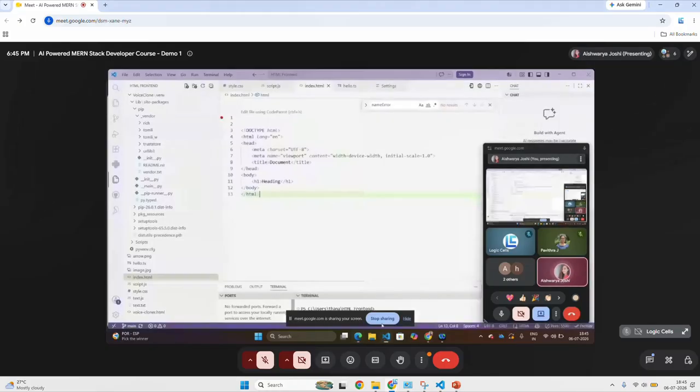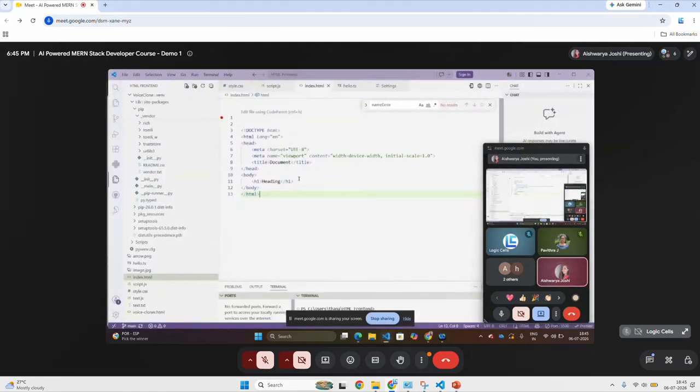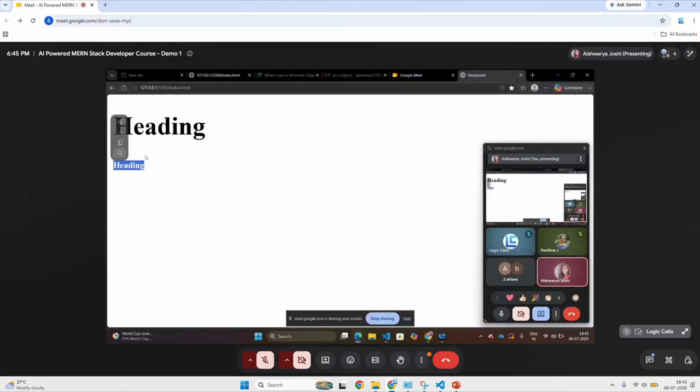So h1 tag is bold and the font size is greater, and it is the highest of the heading tags. Similarly you can have the h6 tag. So h6 tag is the smallest of all, so it goes from h1 to h6. So you have h1 tag, h2 tag, h3 tag. Okay, and similarly you have h6 tag. So h6 tag is the smallest, you can see the difference.